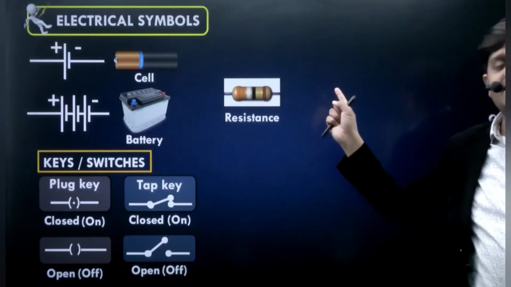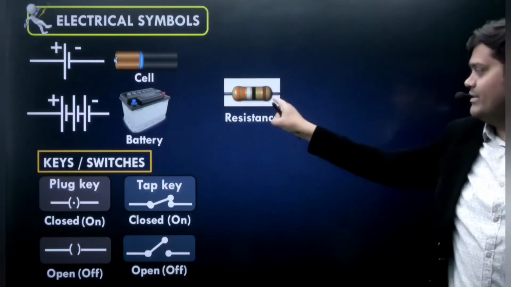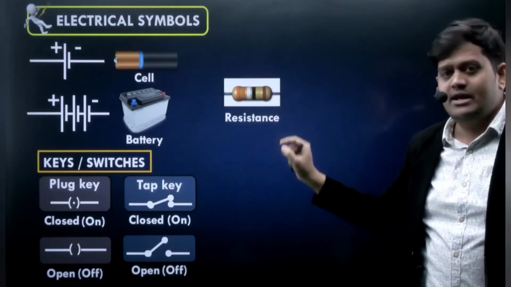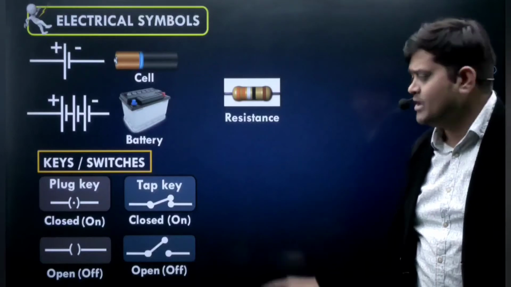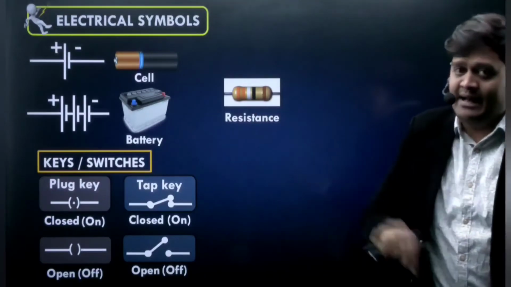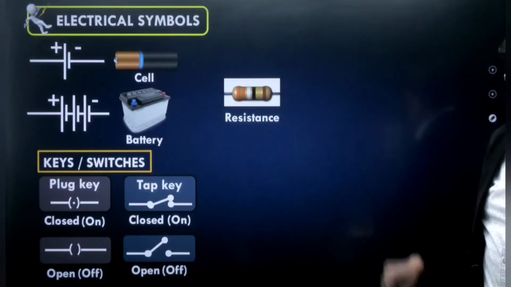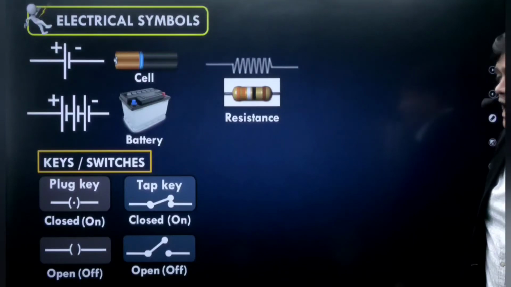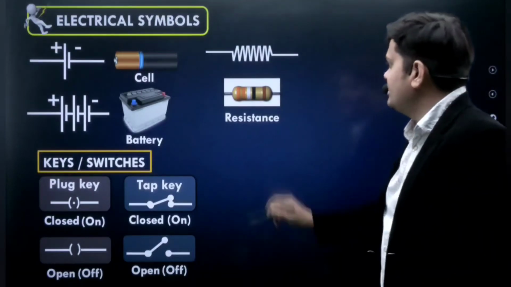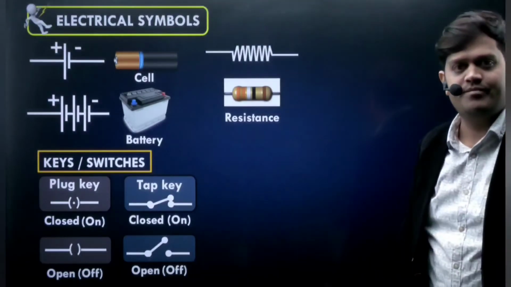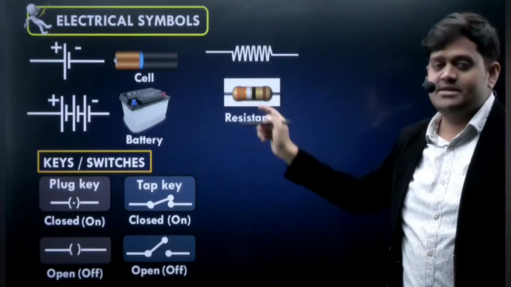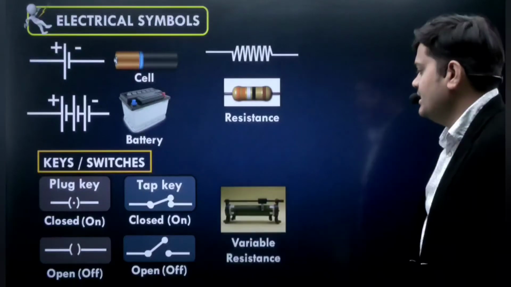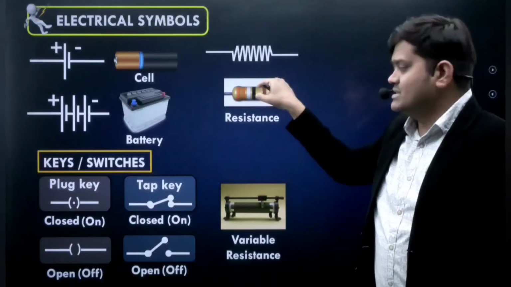In the television circuit, we also have it. It looks like this. Then you find that, oh, this is the resistor. And in the electrical circuit, how do we draw it? Then we can draw it like this. This is the electrical symbol of the resistance. Okay, done. Now this is the resistance.